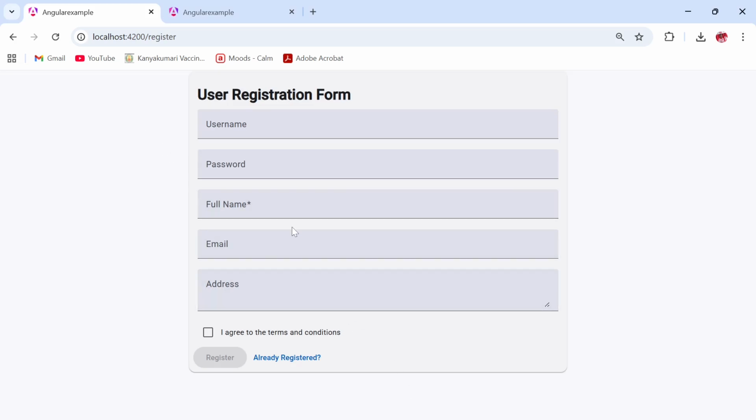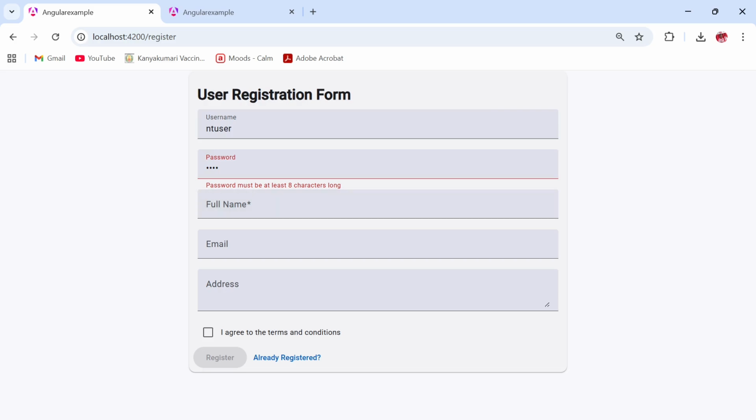Okay. The screen looks good. So first we can provide the username entry. It is saying username must be at least 5 characters. In case if I remove it completely, it's saying username is required. Fine. So I am providing entry user. Now it is valid. Next in this password field,